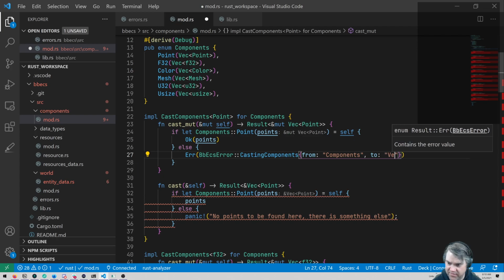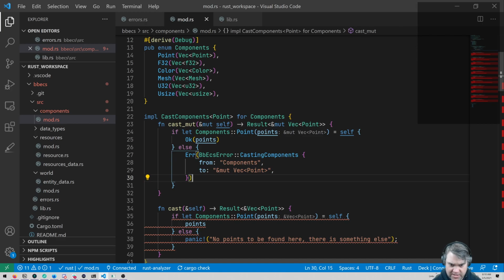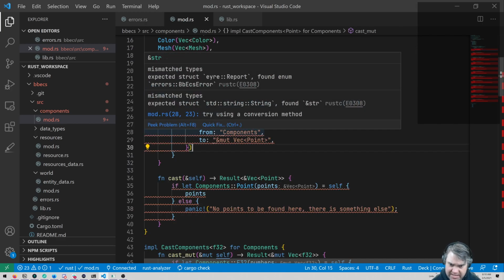It's really like a vec of point. And it's really an immutable reference to a vec of point. And so I want to return that. Okay, so then that makes you happy.